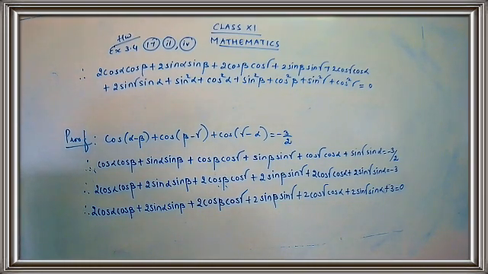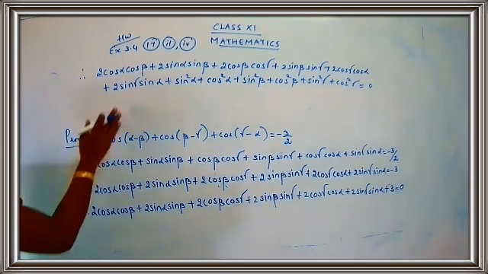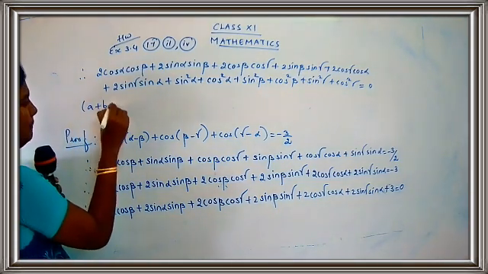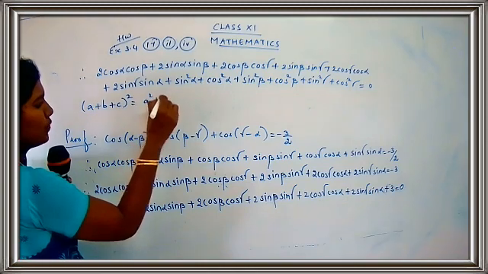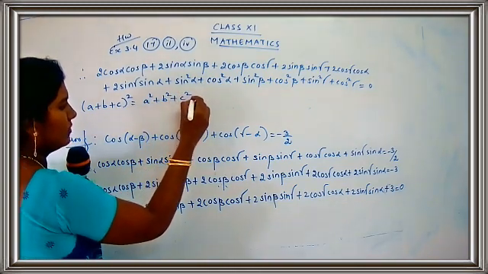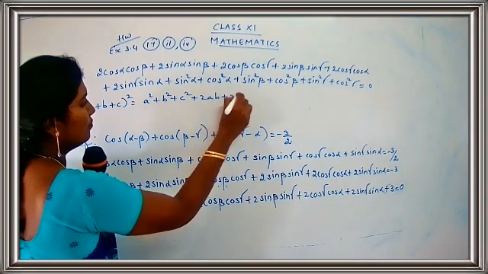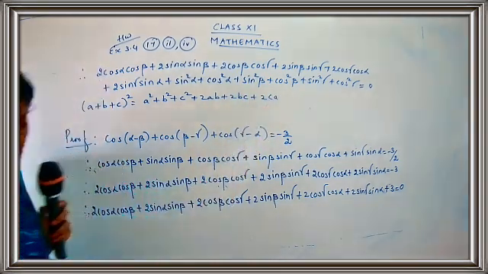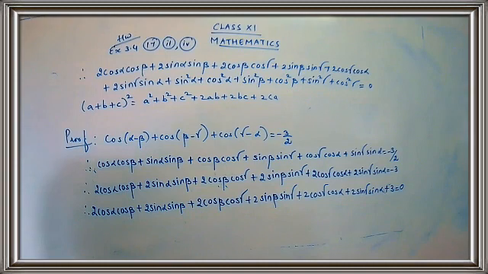So now here we are going for the grouping part. Let's see how to group it. Okay, children, I'll tell you how to group it. Before we go for the grouping, I'll just give you an identity that we are going to use here. A plus B plus C the whole square is equal to A square plus B square plus C square plus 2AB plus 2BC plus 2CA. What's the identity we are going to use here? A plus B plus C the whole square is equal to A square plus B square plus C square plus 2AB plus 2BC plus 2CA.